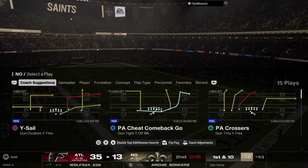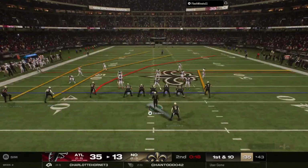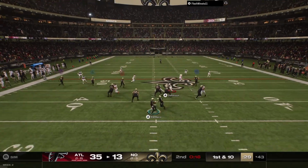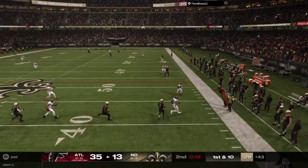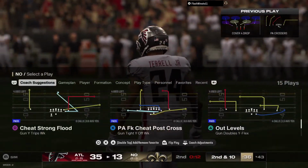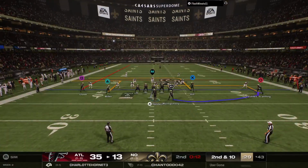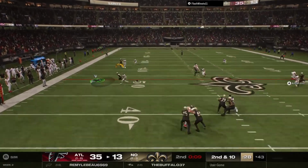And control of the football switching hands with very little time remaining until the half. The Saints offense on the field ready to get their drive started. And with decent starting field position, they may be only a couple completions away from field goal range. Eluding the pressure right. And he'll toss this one incomplete. Seeing no options, he throws it away. So another incompletion there. He's hitting on fewer than half his pass attempts in this one, and that is not a winning formula. Yeah, so let's make sure we give a little bit of credit to the defense here. They've given him a lot to think about, a lot of different looks, and he seems a little bit...